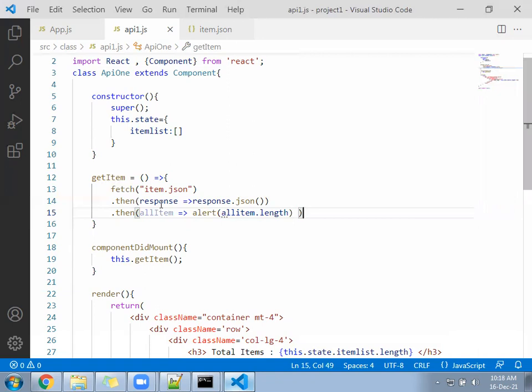Check now, allItem.length is coming. I made all a small letter. allItem.length.